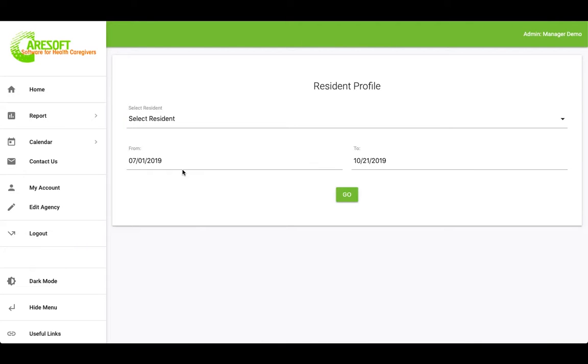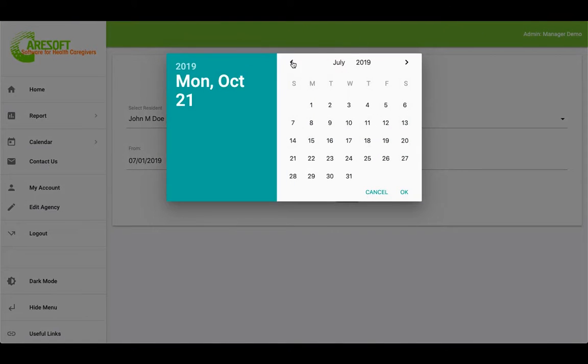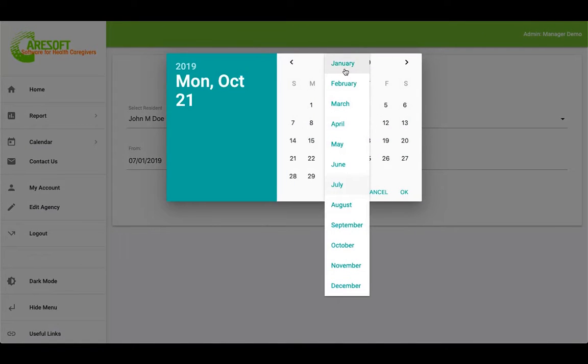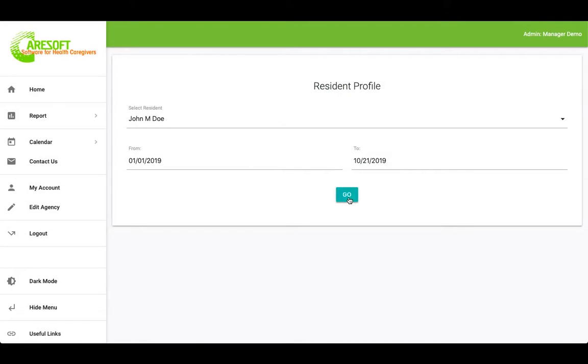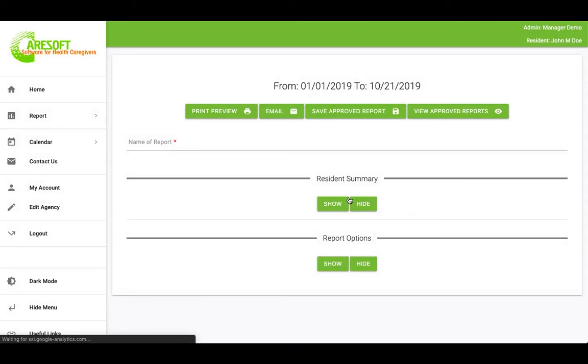Now the ISP, but you can define what the name of this report is, but really it's not an ISP. It is a custom report that you can basically build any report from in our system. So let's go ahead and choose John Doe. And let's just make sure we have enough information. So I'll go back to the beginning of the year, say January 1st, and we click go. Now we want to name this report. Let's just say John Doe